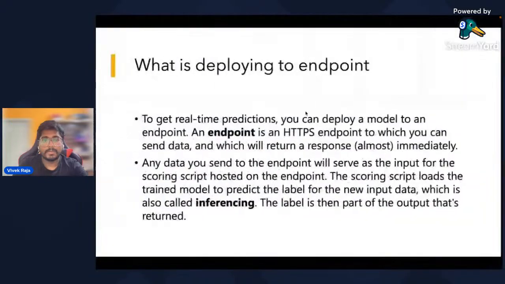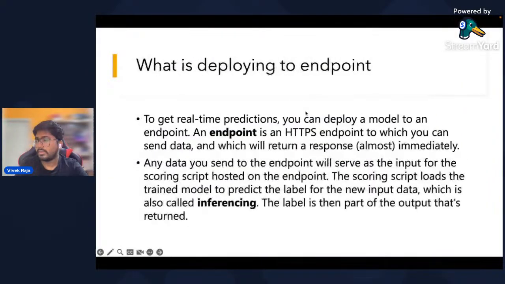Now we understand what an endpoint is, and we know what it means to deploy to an endpoint. Now let's understand the different types of endpoints that exist, what complications occur when you actually deploy a machine learning model, and what considerations you need to have. How many of you have noticed something in ChatGPT, where sometimes a pop-up comes that the servers are at capacity, we couldn't process your request? How many of you have seen that?